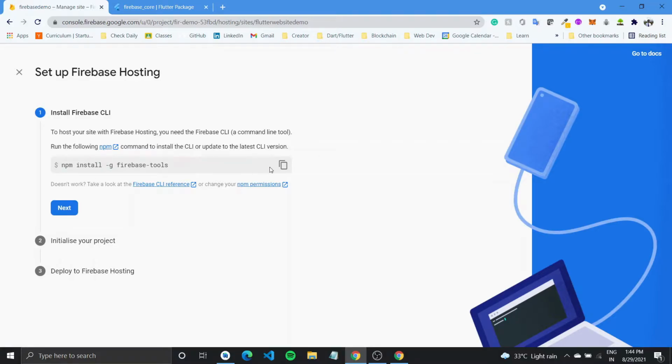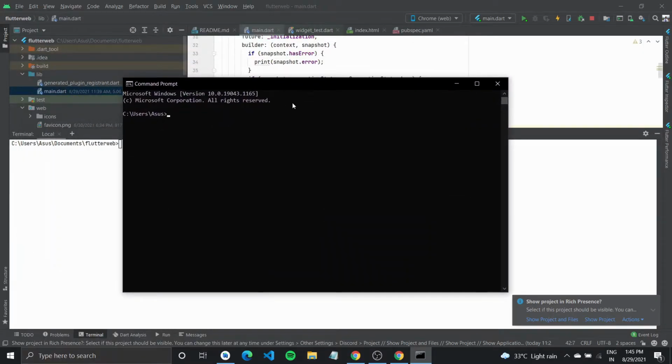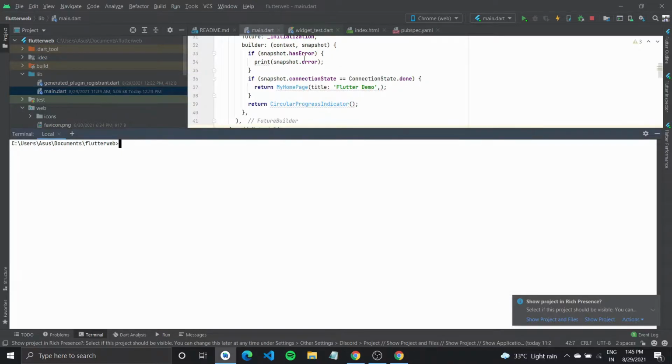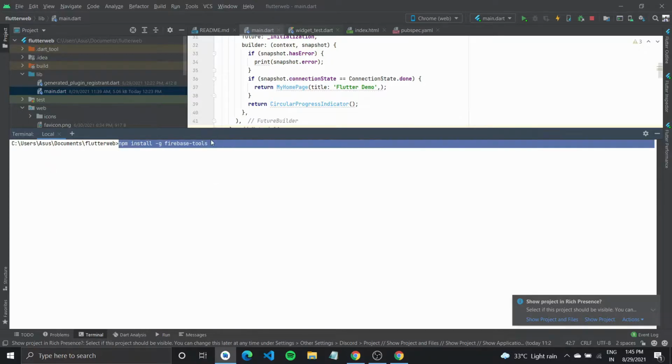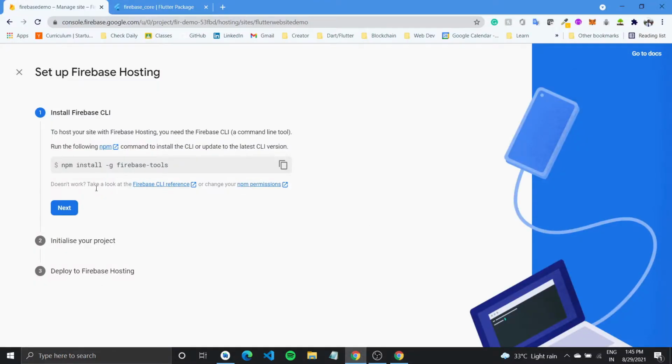Basically what you need to do is first get the Firebase tools, go over to command prompt, and inside my C drive I'll paste this: npm install -g firebase-tools. You can install these Firebase tools by typing in npm install -g firebase-tools, but since I already have Firebase tools installed on my device, I don't have to do it again.